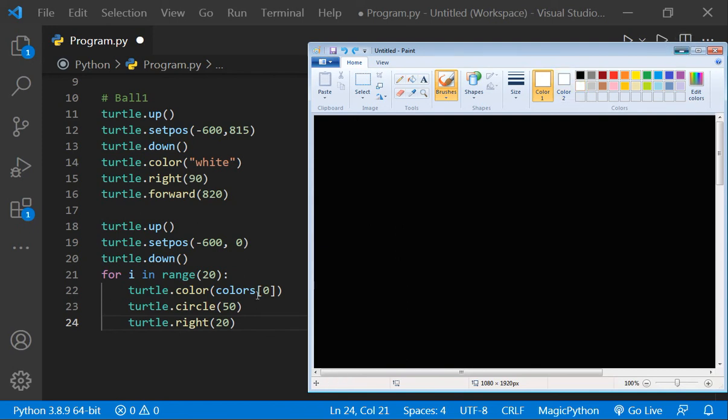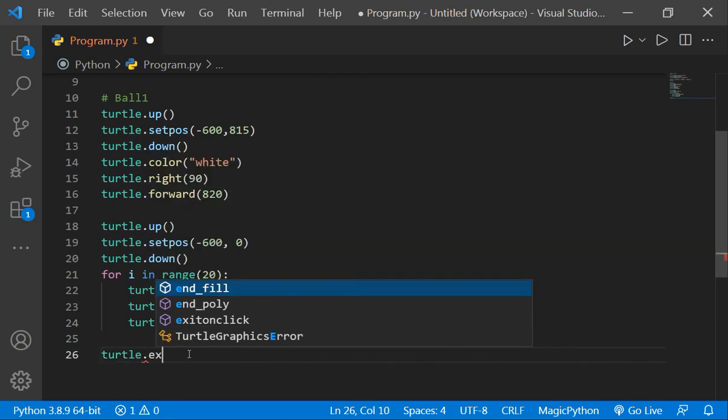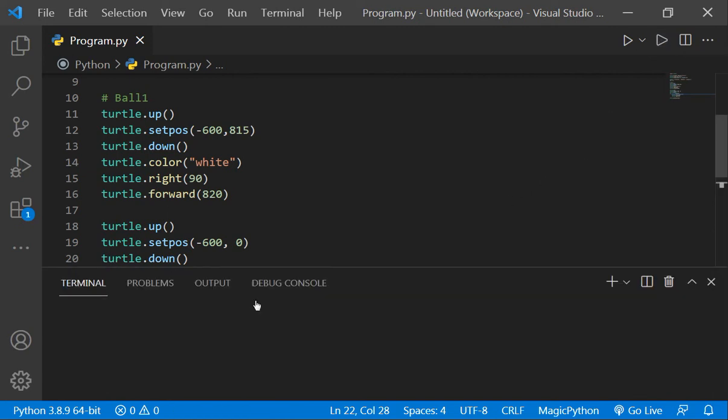Okay, now let's run our program, but before that we will write here turtle dot exit on click. So this will only exit when we click on the window. Okay, so here let's run our program. See, it's making a circle.